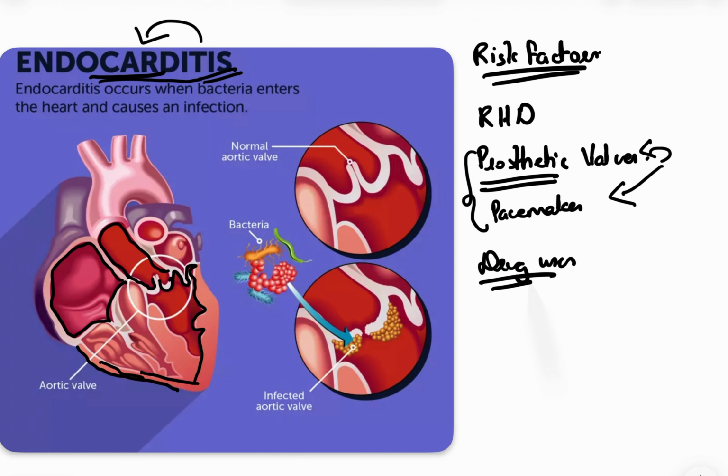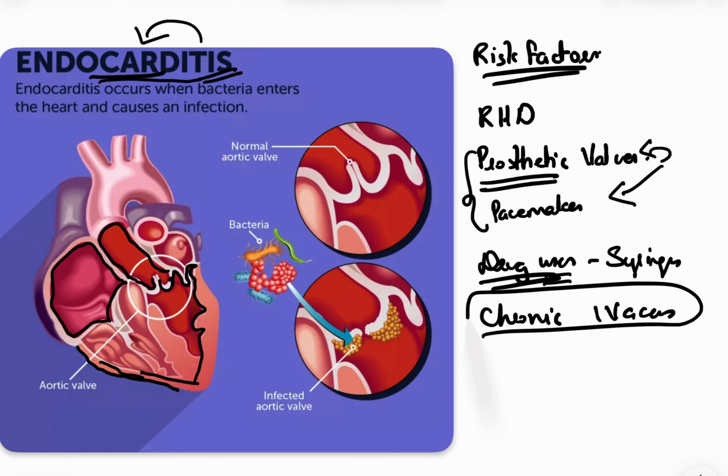Otherwise, injection drug users usually use syringes, so spread of infection through the blood can also result in endocarditis. Otherwise, chronic IV access. Okay, so when we are talking about chronic IV access, what is the maximum time which we can keep an IV line for a patient in our ward or the medical setup? Remember, the maximum duration of an IV line to keep on a patient's artery or vein is 24 to